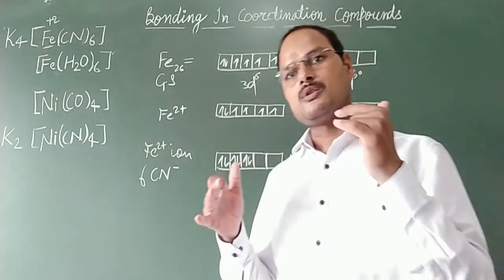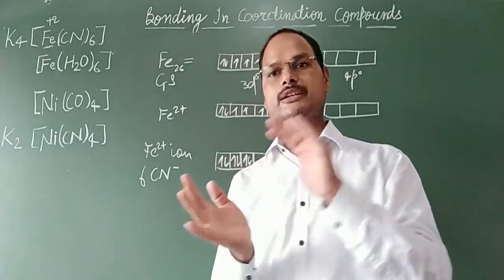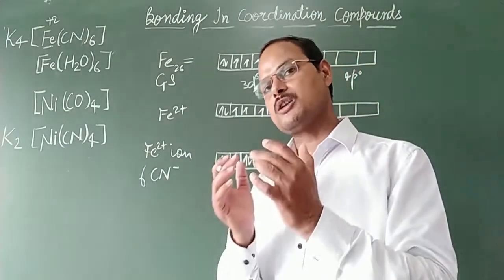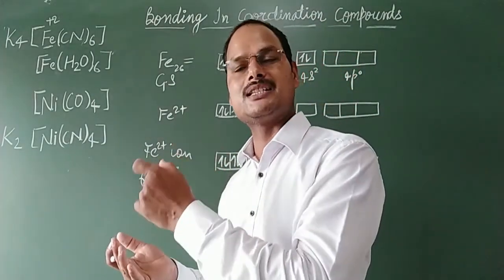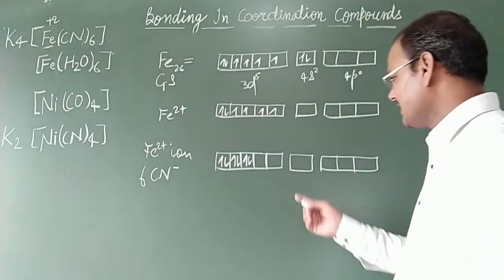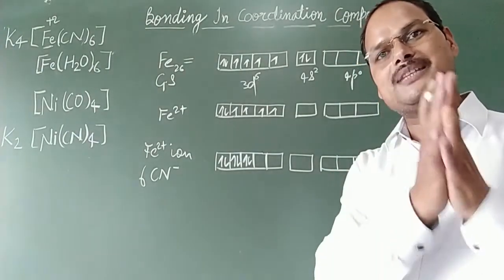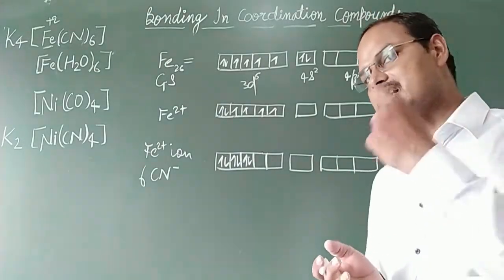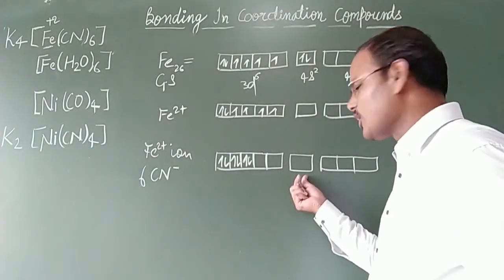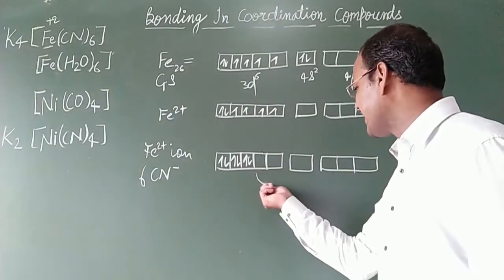Once again see, what is hybridization? The phenomenon in which 2 or more than 2 orbitals of almost equal energies but different structures mix up their energies and form new orbitals of same energy as well as same geometry. So here the hybridization will take place. The number of orbitals which participate in the hybridization, on the basis of that we can give the different type of hybridization. Here 2 orbitals of 3d, 1 orbital of s and 3 orbitals of p participate in the hybridization,